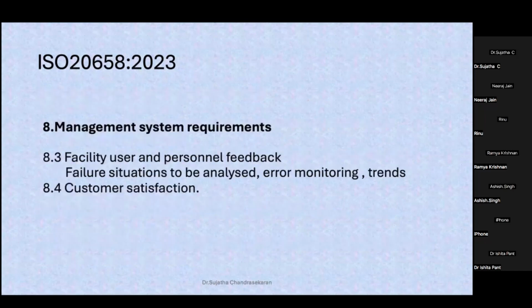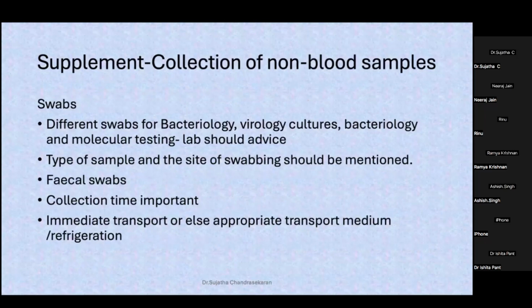So that's, these are customer feedback. These are generally done. So it's exactly like 15189. And the standard also has a supplement that addresses collection of non-blood samples like swabs in bacteriology and molecular testing, where the type of swabs are different. So the lab has to ensure that the correct type of swabs are used for different types of testing, and how to